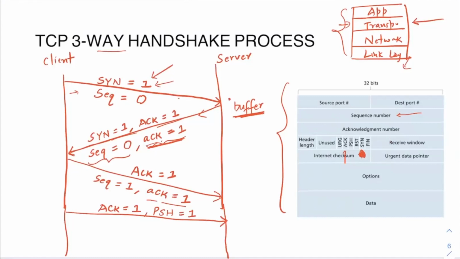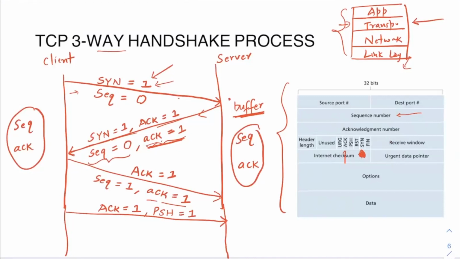As I told you, do remember, you have a sequence number and acknowledgement number stored on the client side. You also have a sequence number and acknowledgement number stored on the server side. Both are state variables stored on both sides. Whenever the client was sending a packet, it was appending its own sequence number and acknowledgement number. And whenever the server was sending a packet to the client, it was appending its own sequence number and acknowledgement number. Now, if you see, the sequence number and acknowledgement number are equal to 1. So it is sending the data. Now the sequence number will remain 1 and the acknowledgement number will also remain 1.